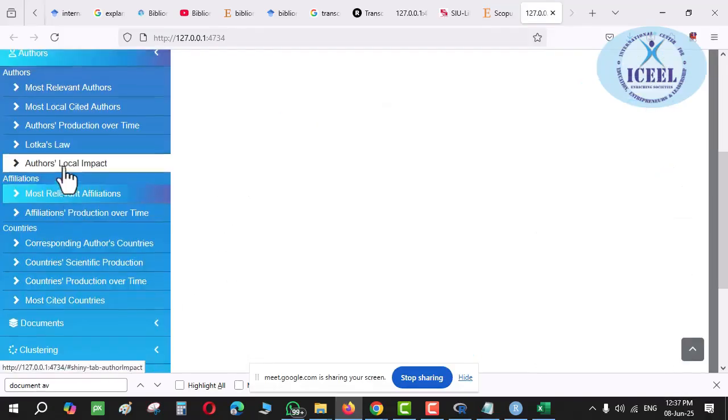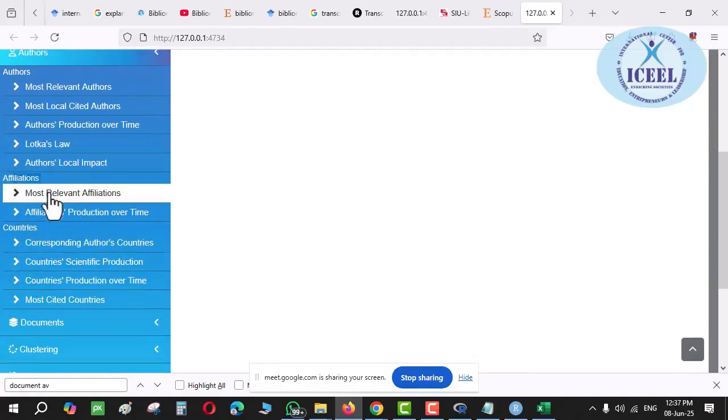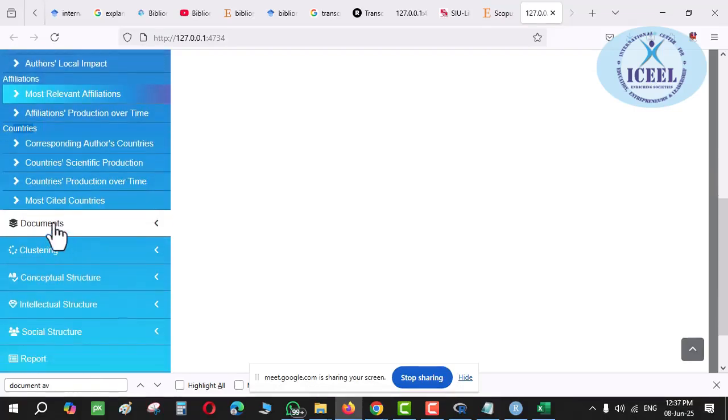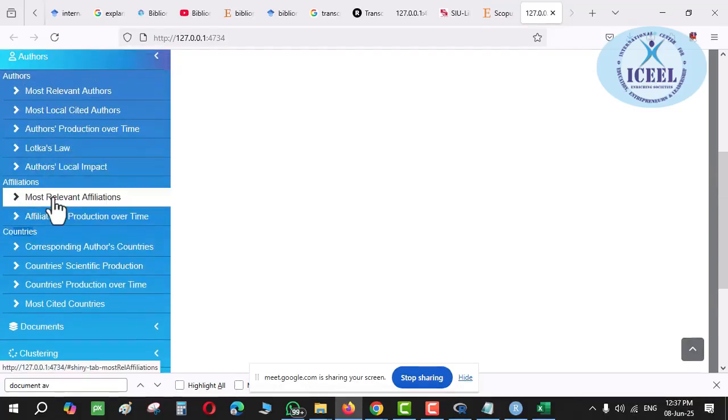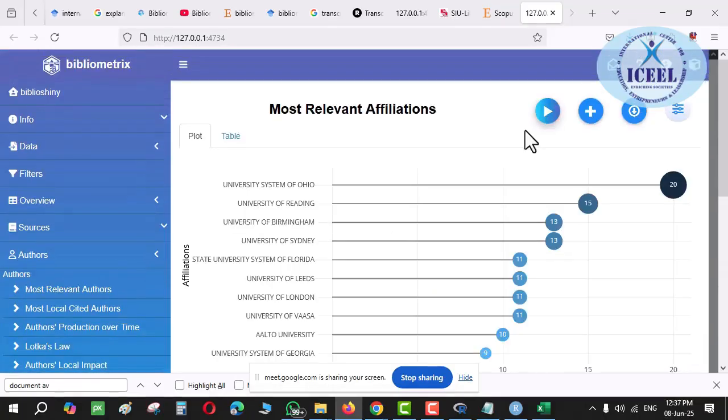Then affiliations. Here, this author has authors. Then affiliations you can see here. Then countries. These three fields are there. We have finished the first one. Now we are into the second one, affiliations. Suppose Ajay ji is going to do some affiliation with an author in Dubai, maybe in Singapore, maybe in some other country. So wherever you have relevant affiliations, you can get an input or idea concerned with that: which particular institution's authors are contributing maximum in this particular domain. Here you can see affiliations, University System of Ohio.